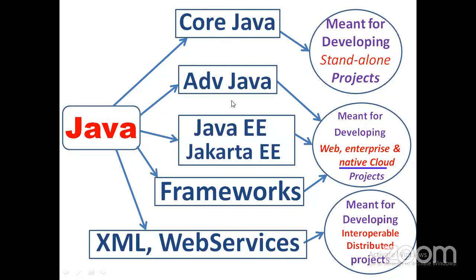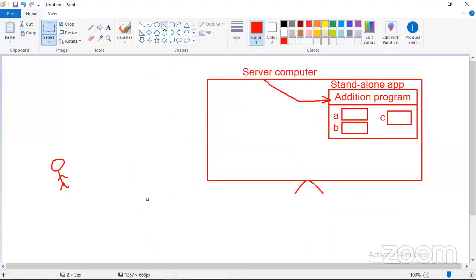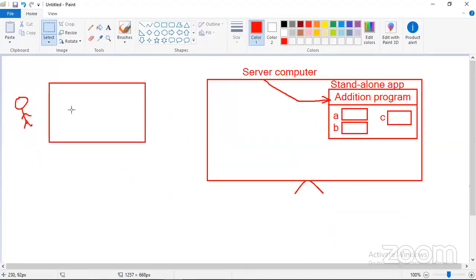Next, now I want that there is no need to come. You be in your home. My program will be there in my system. You be in your home only. From your home, open your system. This is your computer, your laptop or a desktop, whatever.